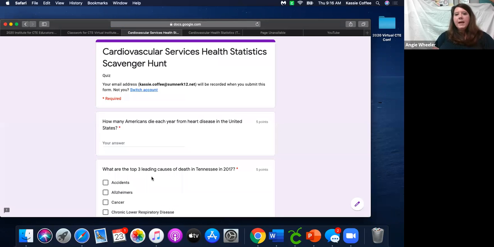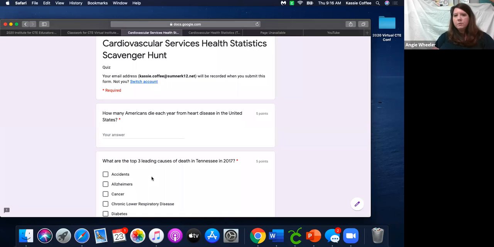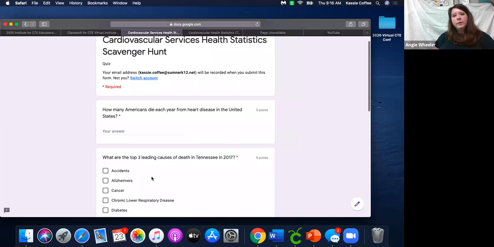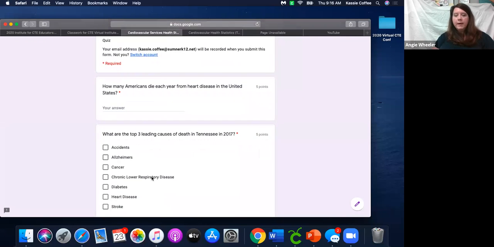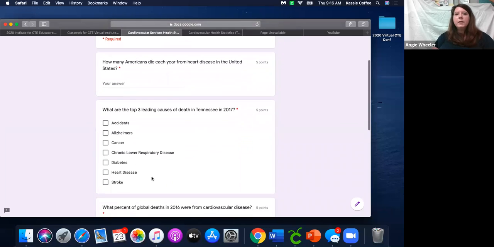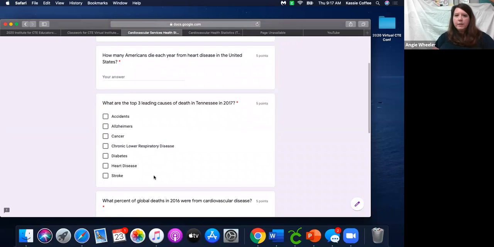This will allow the students to go in. They have to answer the question, so they're going to have to toggle back and forth to these websites in order to find this information. This is a good way to see if your students are able to do this, so that when you let them loose later at the end, we do a research project based on the health statistics, to see if they're going to be able to find the material that you need.